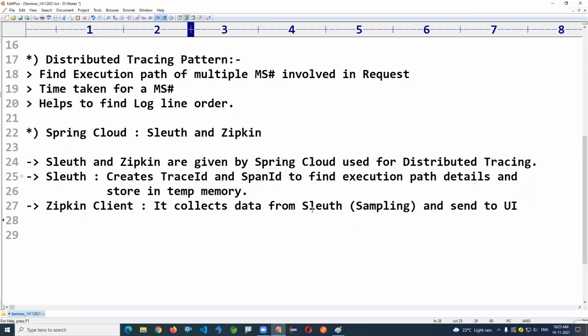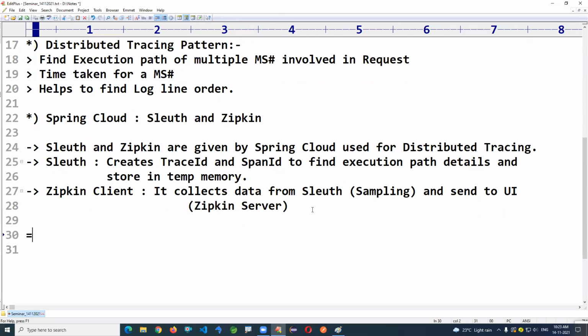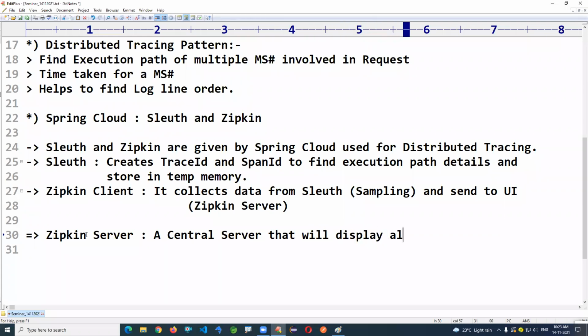There's the Zipkin server. So what is the Zipkin server here? The Zipkin server is a central server that will display all details of execution paths.